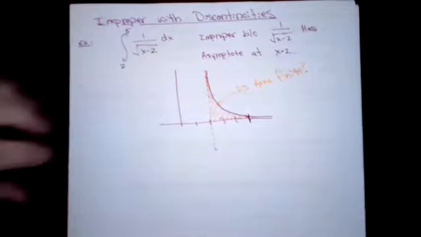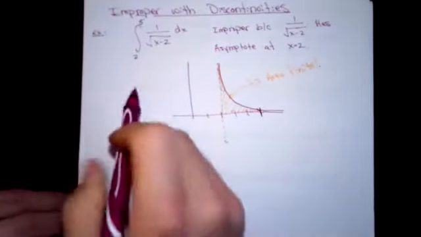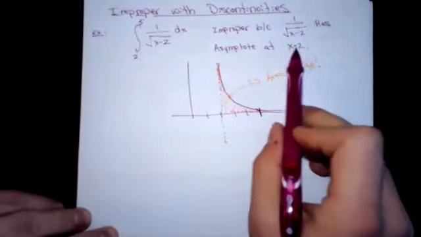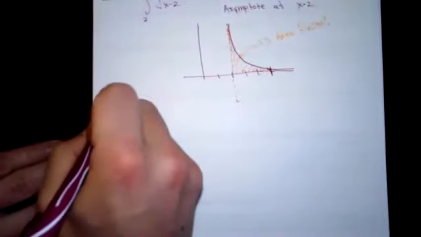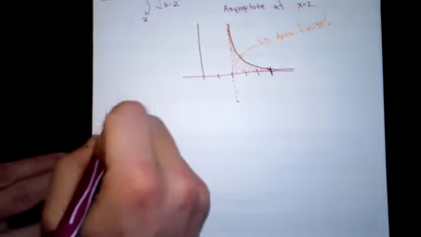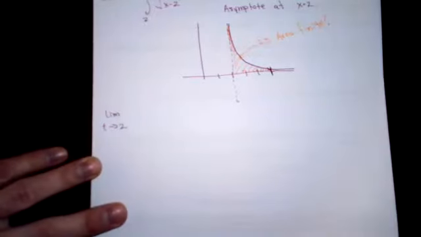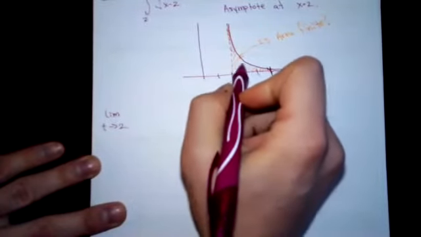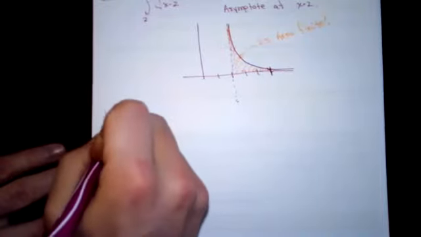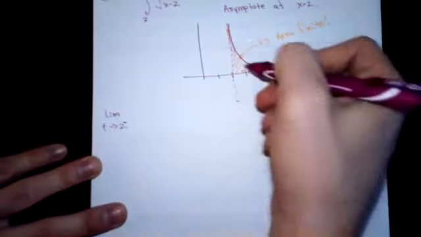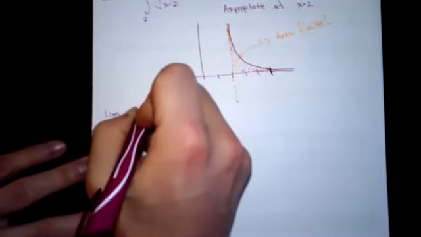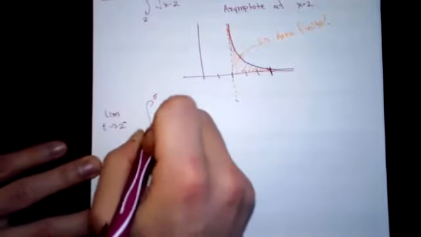And we approach it the exact same way we did the last ones. We need to just plug in a dummy variable for our problem point. So what we want is the limit as, let's say, t goes to 2. The only point we got to remember now is, which way are we approaching this limit? Since I'm starting above and going to the left, we want to approach 2 from the left on the function. And we've got our t down there for that 2. And we've got our function.